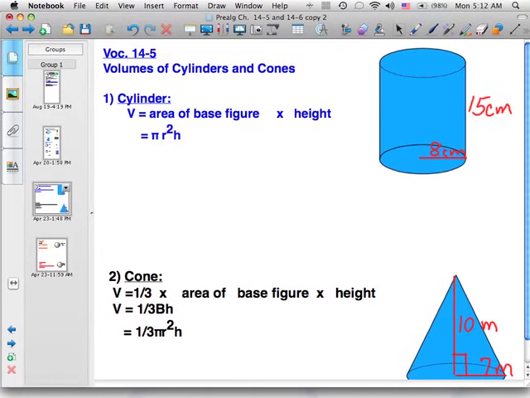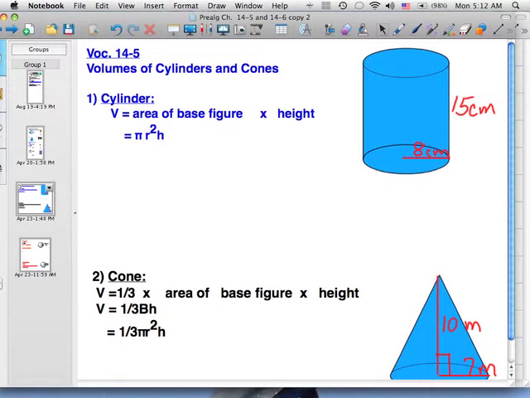14.5 is on the volume of cylinders and cones. We're trying to see how much space is stacked inside the cylinder. So we find the area of the base figure. In a cylinder, it's always a circle, and times it by its height to see how many circles we can